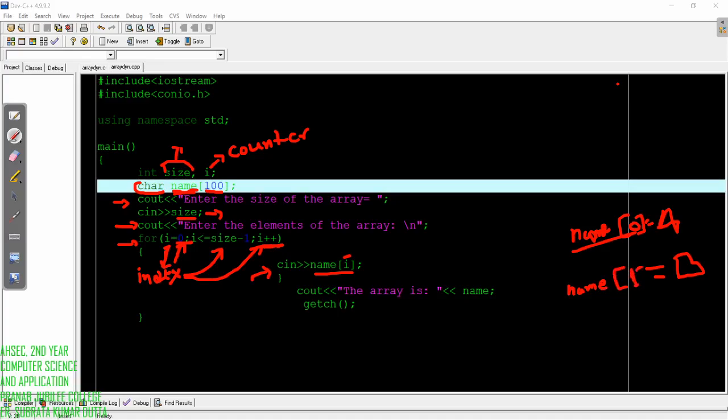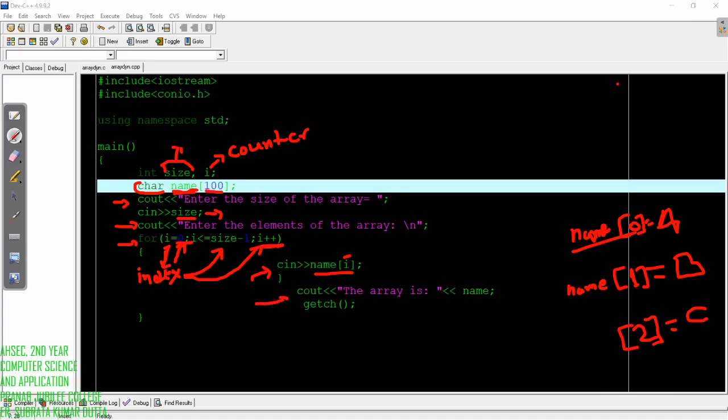Say the next user enters c, it will enter at 1 plus plus, that is index 2. So it will go 0, 1, 2, and keep on going up to size minus 1.